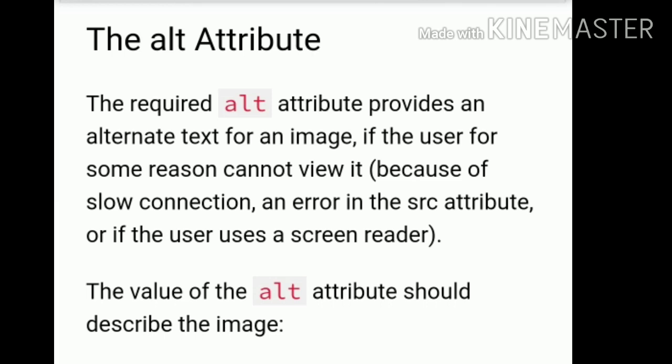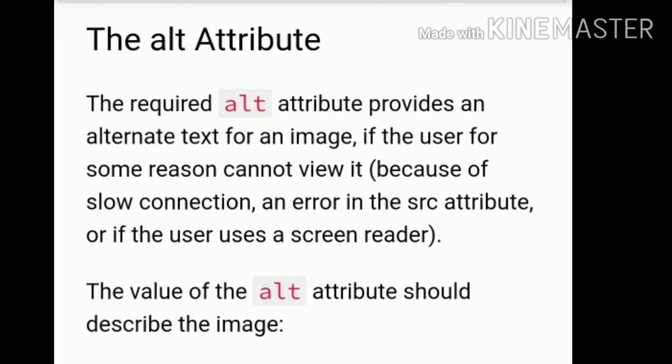If the image is not displayed in the browser, the text is displayed in the image place, and they understand what type of image is there. This is the type of image tag you are using.